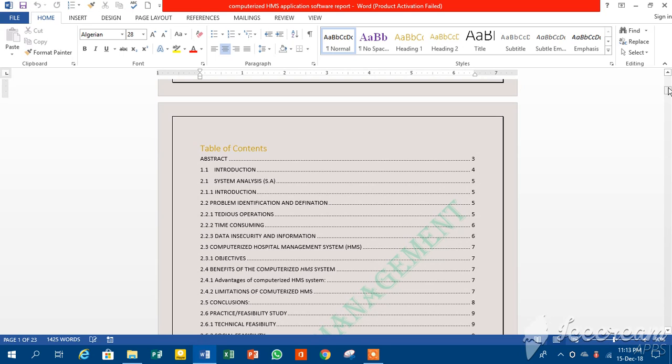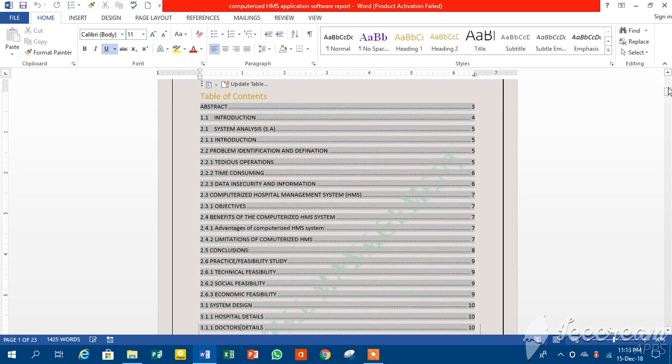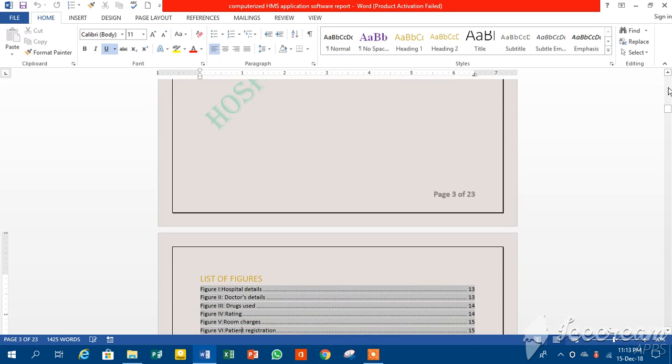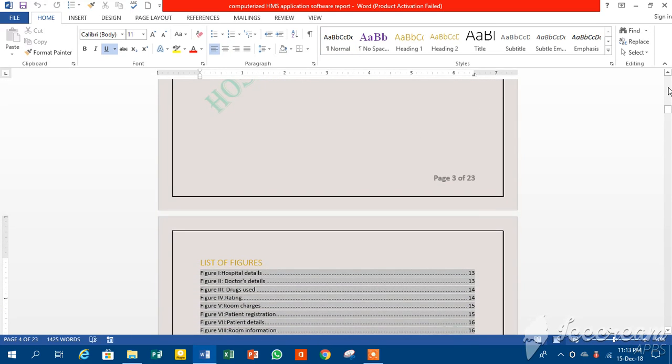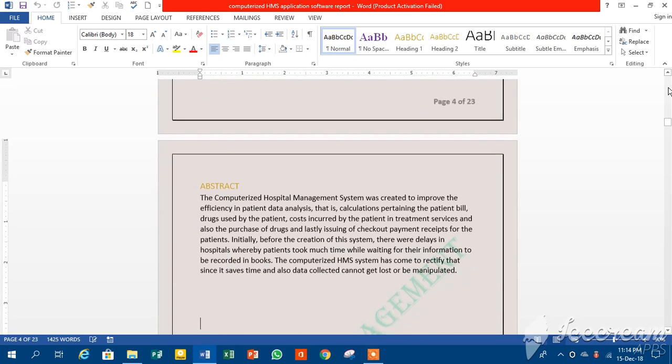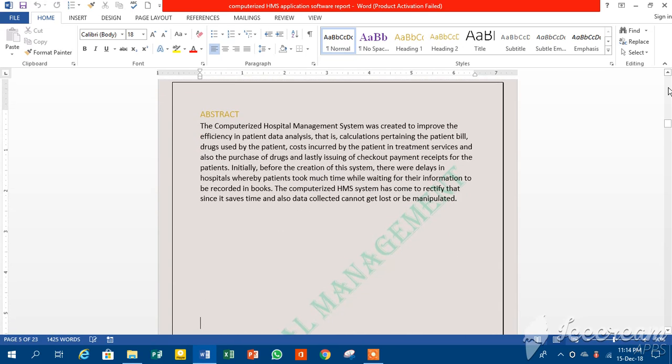We have the table of contents. From the table of contents, we go to our fourth page that shows the list of figures, and from the list of figures we have the abstract, and in our abstract,